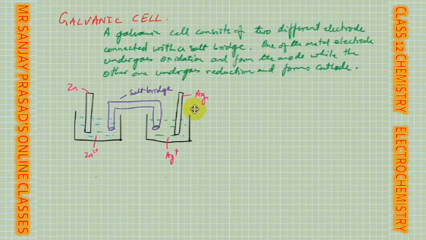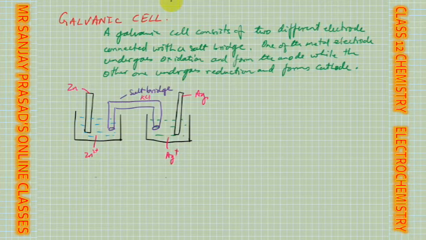Okay, this is a salt bridge. Salt bridge means it will be filled with salt. So salt can be anything. It could be KCl, NH4Cl, anything. Suppose I am taking KCl. Then this has to be in a solution. So we'll see that. Okay, and here, since we have taken two metal rods, what happens? One of them is zinc, the other one is silver.